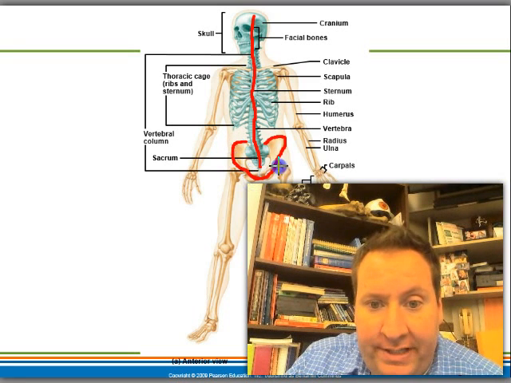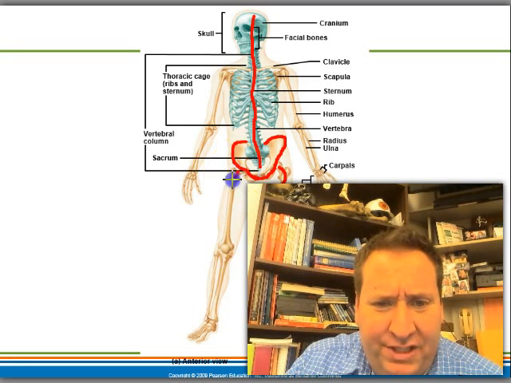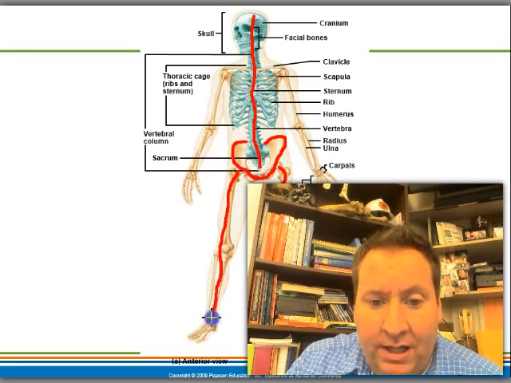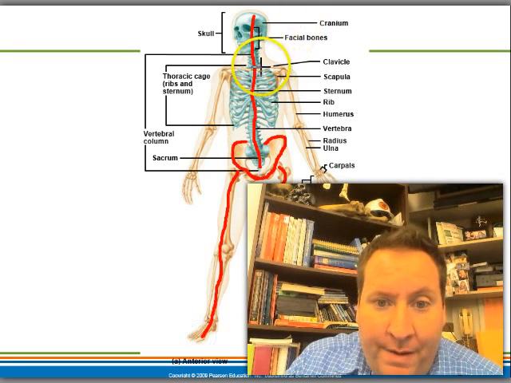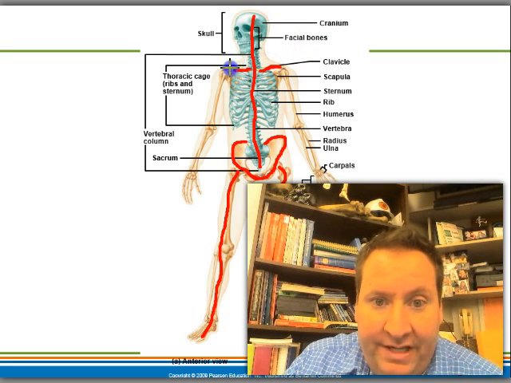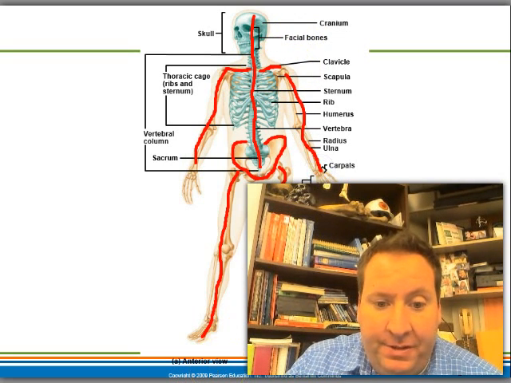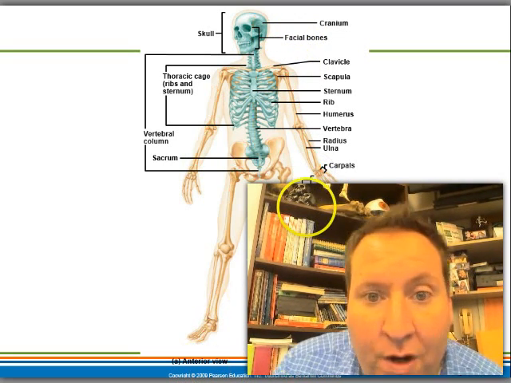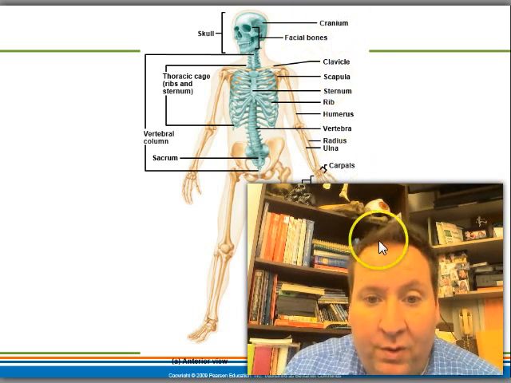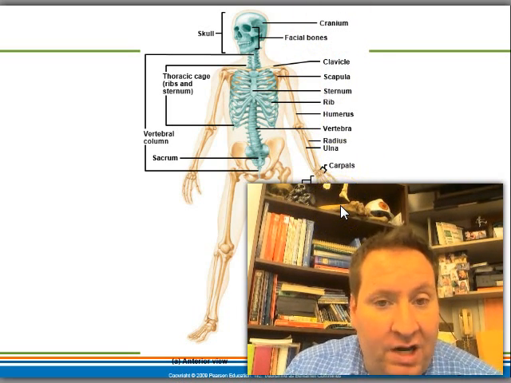I will ask you on your test, guys, you'll have like a multiple choice question. I'll ask you, which of the following is not part of the axial skeleton? Remember, the clavicle is not part of the axial skeleton. The clavicle is part of the appendicular skeleton when we take a look at it. So we have axial and we have appendicular skeleton. Those are two key things that you have to know, and you have to know what bones are associated with what. We're going to talk about the axial skeleton first here,